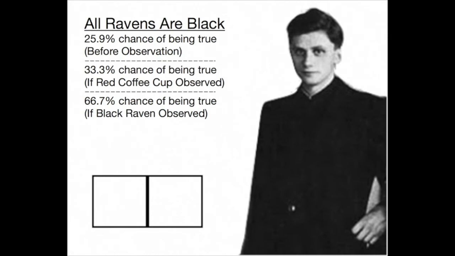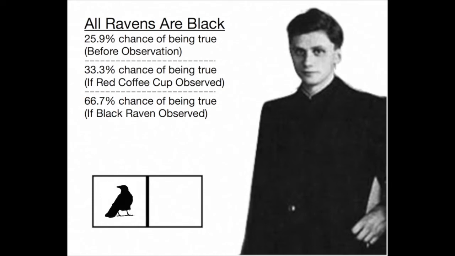According to this resolution, the conclusion appears paradoxical because we intuitively estimate the amount of evidence provided by the observation of a non-black non-raven to be 0 when it is in fact non-zero, but extremely small. Now this solution works in some circumstances. For example, in our hypothetical world where we know that there is at least one raven in the world, observing a red coffee cup, like we said, increases the probability of the statement being true from roughly 25% to 33%, so roughly an 8% increase.